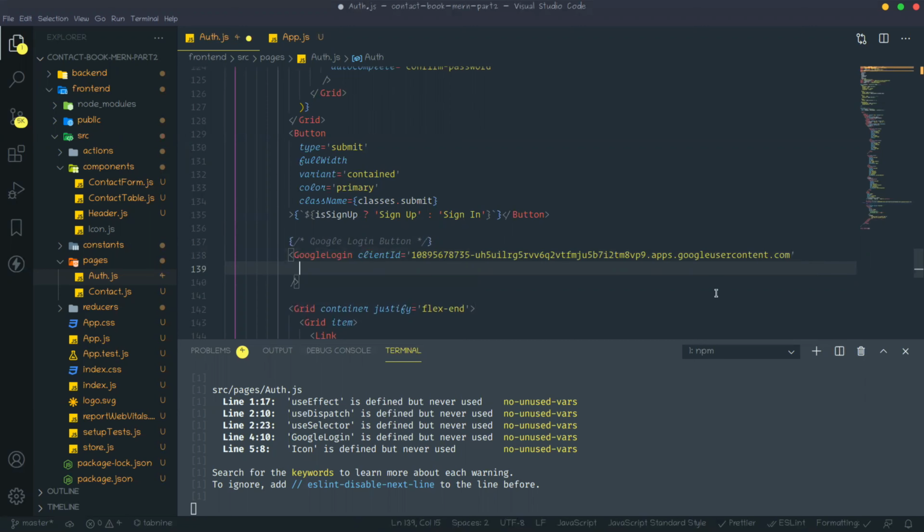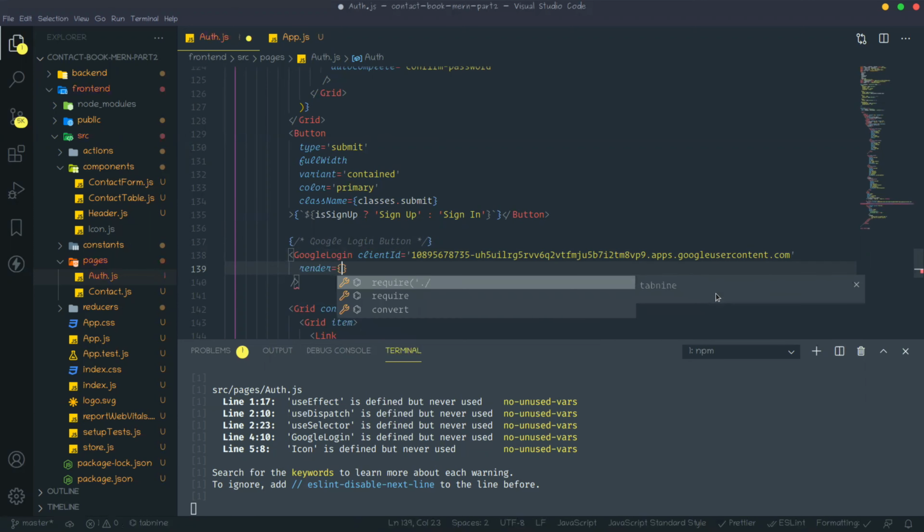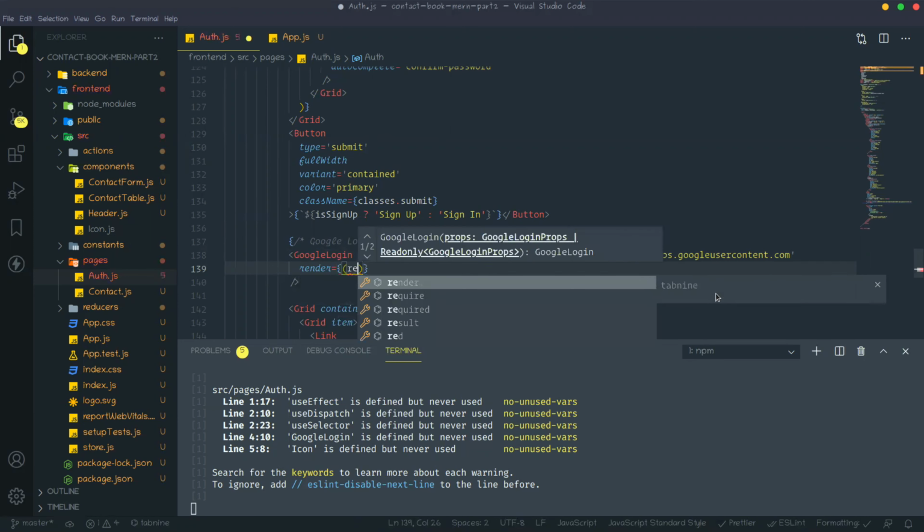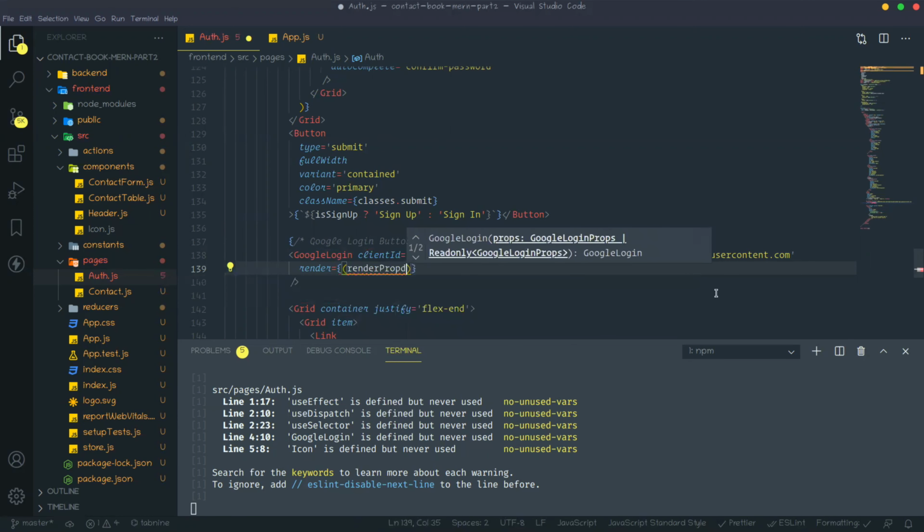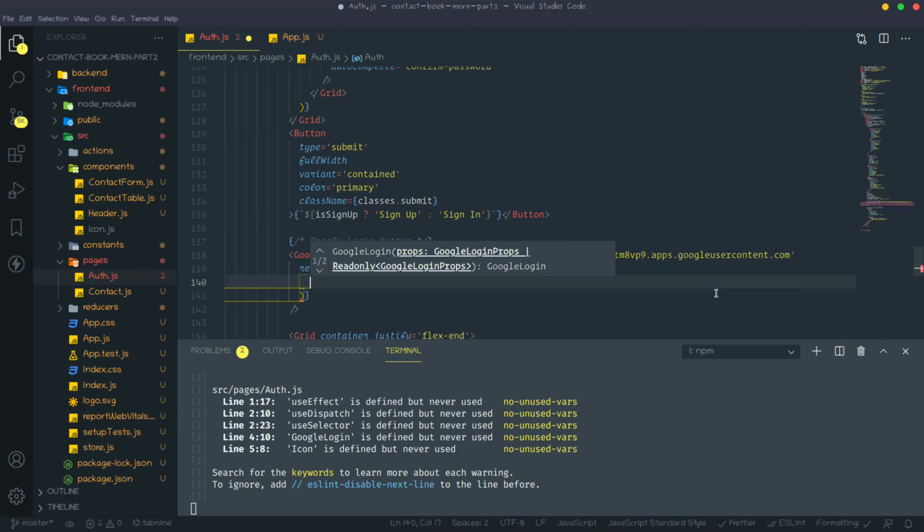Another is that you need to render one button over there. So the render prop. Okay. So here you need to create one button.